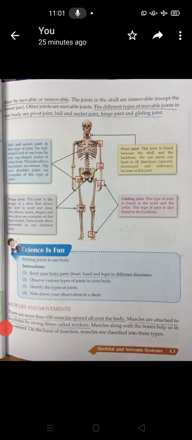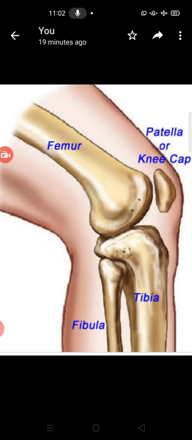What are they? Ball and socket. See, this is the picture of ball and socket. Look, one part is like a ball and the other is like a socket, where the bone fits, which helps to move the body or the organ. Here hip and shoulder joints are of this ball and socket type. Next one, hinge is the example of this. Here the joint is like hinges. These types of joints are present in our elbows, knees, fingers and toes. These joints allow movement only in one direction.